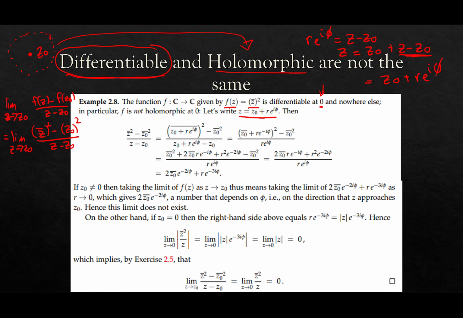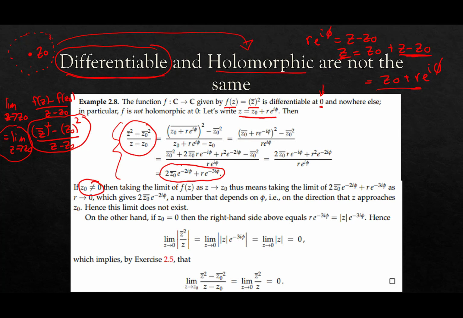But in any case, keep that in the back of your head, z is equal to this. We're going to take the fraction from our definition of the derivative and simplify it. So that's what this work is here. After a lot of algebra, you can make this look like this. Now keep in mind, if we're trying to evaluate the derivative, we're going to take the limit as z approaches z naught. And remember, in limits, you have to have the same limit along any path, right? So here's the issue.